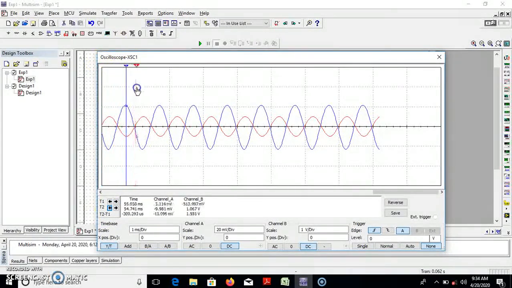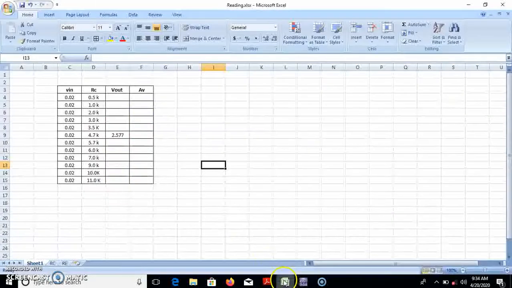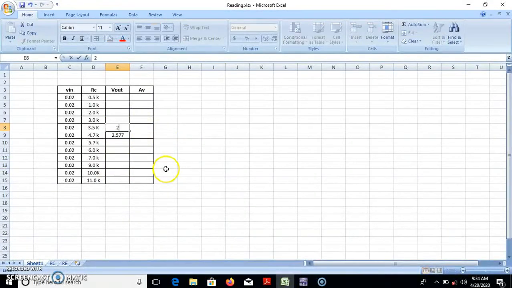Move bar number 1, set the cursor on the negative maximum value. The negative maximum value is 1.160. So you are getting the peak to peak output value of 2.227. So just open this Excel sheet and write down 2.227 volt.